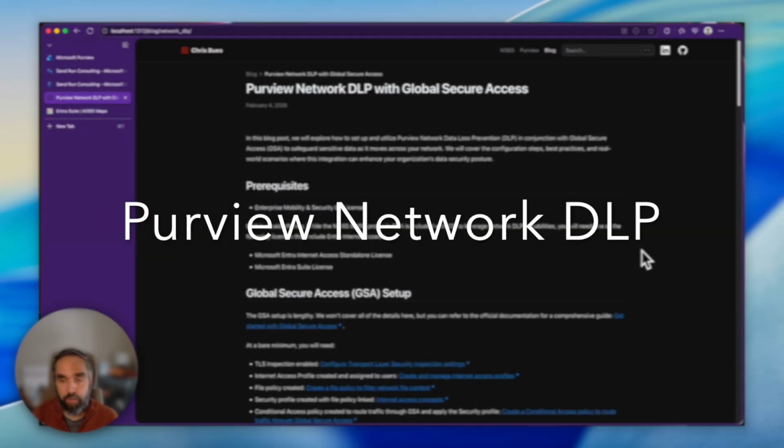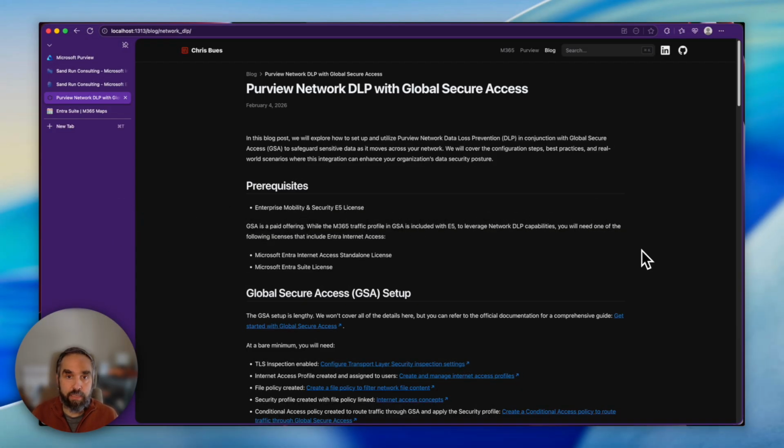Exciting features in Microsoft Purview DLP, which is Network DLP. Network DLP was introduced last year, started with Netskope and iBoss as secure service edge solutions, and very recently expanded to Entra Global Secure Access, which really opens the possibilities of kicking the tires on Network